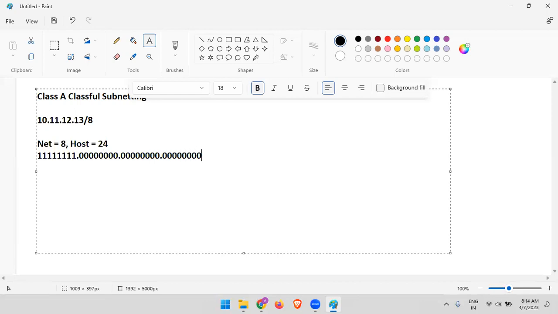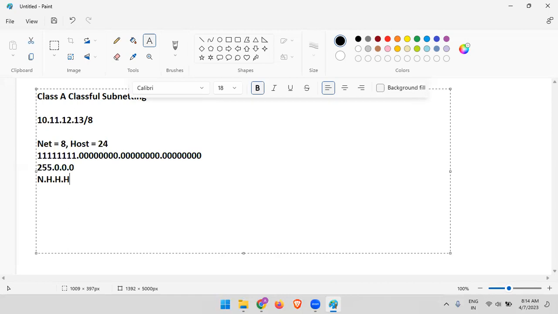This is your subnet mask. Now we know that inside the subnet mask, ones are the network and zeros are the host part. Host octet and network octet. That is clear. So from here, we came to know that the first octet is network, and the remaining 3 octets are host. And if you want to calculate the subnet mask in decimal, this will be